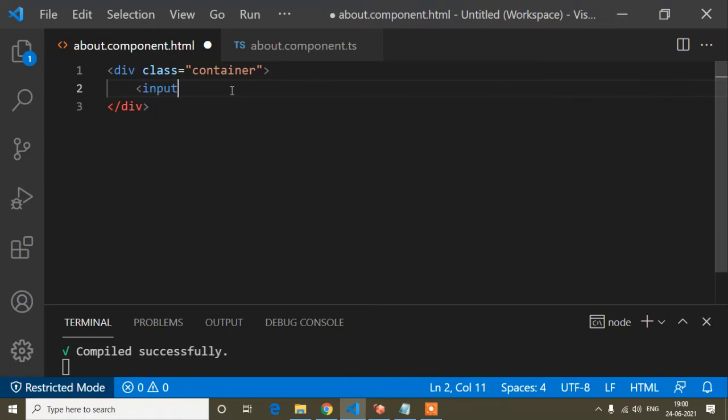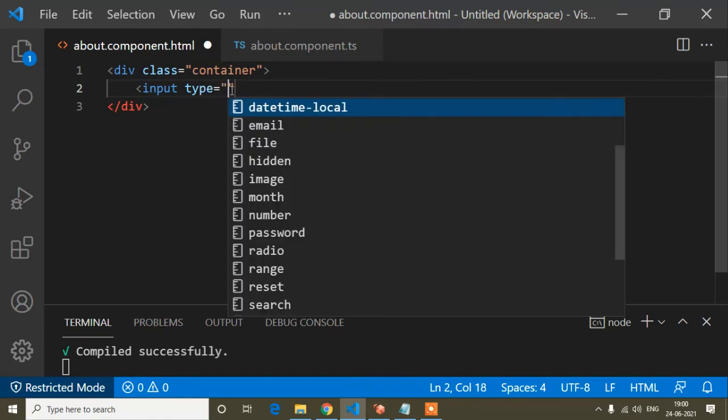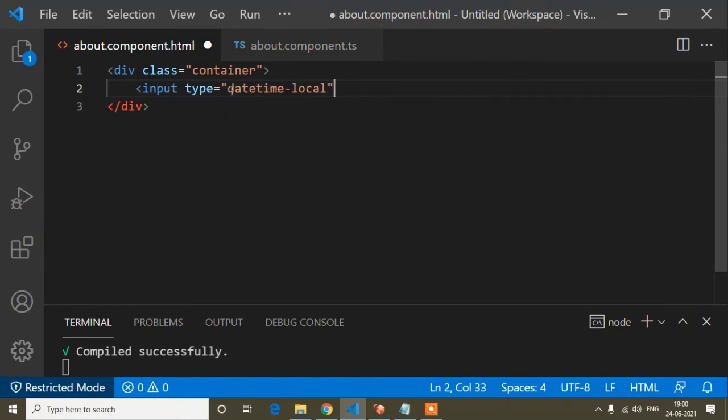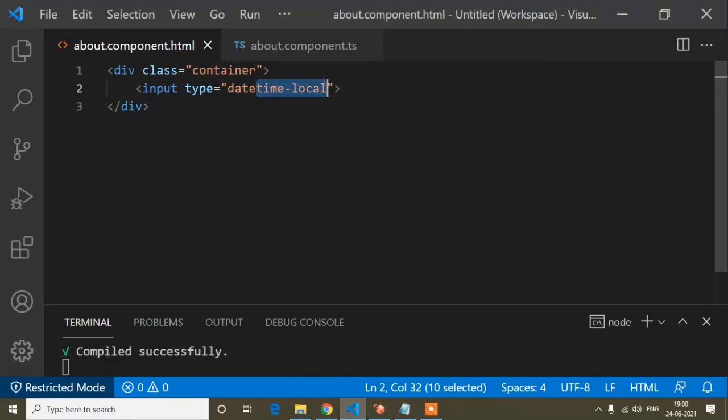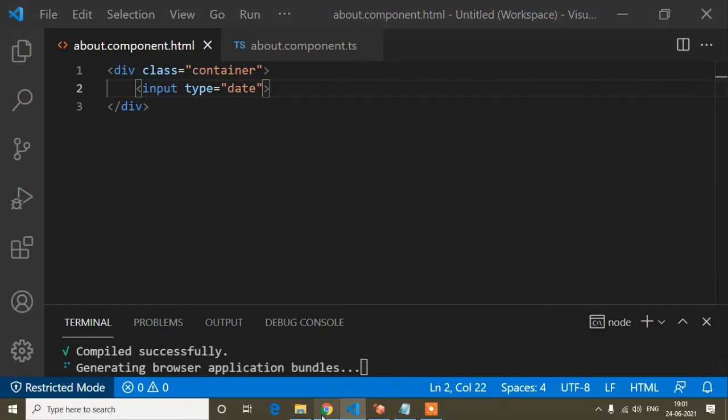First of all, I will create an input field. So input type, and when I click this field, it should open the date and also a time picker. For that, the HTML default is datetime-local. If you write datetime-local here, it will open the date and time picker. So save, and now if I open this, you can see it's opening the date and time picker also. But if you write only input type date, then it will open only the date picker.